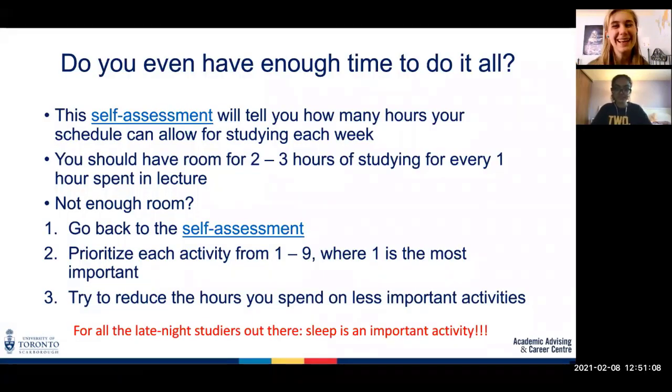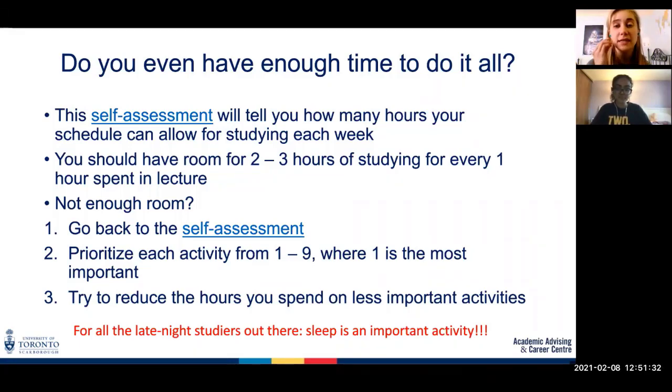So, okay, great. What we've talked about so far are very useful strategies for enhancing your planning and time management abilities, but they're not really going to be useful to you if it is not even mathematically possible to get done everything that you want to get done. So there is a link. We're not going to follow it because we don't have time, but in the presentation that you will get, there